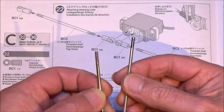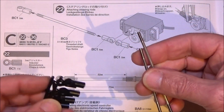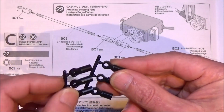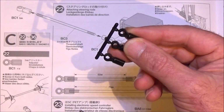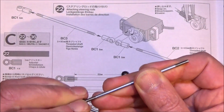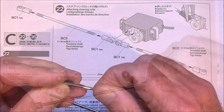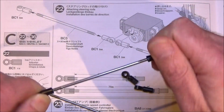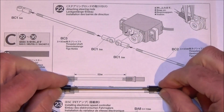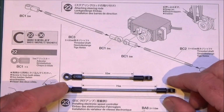So for this you'll need the 2 threaded bars, which are BC3 and BC2, and you'll need the 5mm ball end adjusters. I think you'll have 2 of these spare, so don't throw those away, they'll come in useful in the future. So all you need to do is thread one of the adjusters onto each end of each bar. You can do them up against each other like this, and you need to screw them in until you match up to the length of the diagram. As you can see, they both match up with the diagram now,